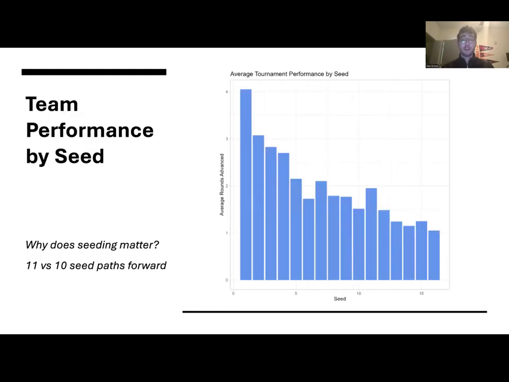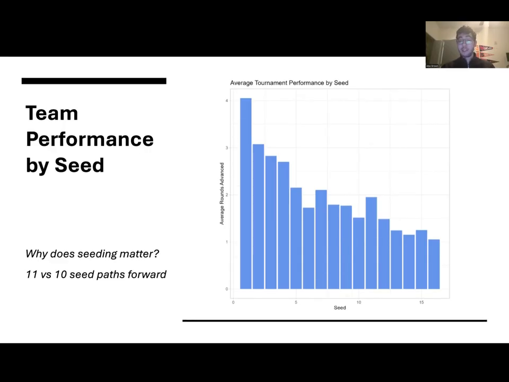The last plot over here shows team performance by seed. The reason that I think this plot is important to look at is it shows that the seeding does matter. This data was also taken in the BartTorvik package. There's information about each March Madness and what rounds teams get to. So to create this, we added up the rounds, the one values. It would be a one if they advance to that round and a zero if not. We added them up to create a rounds advanced category, and that's what we're plotting here in this bar graph.